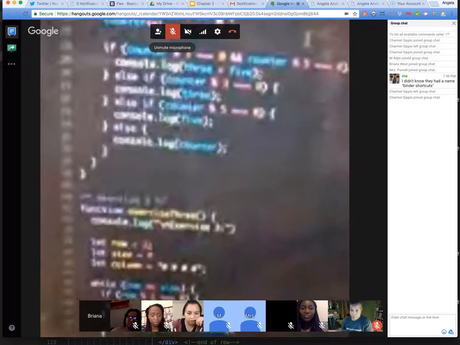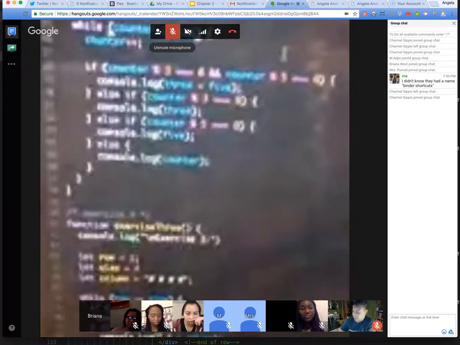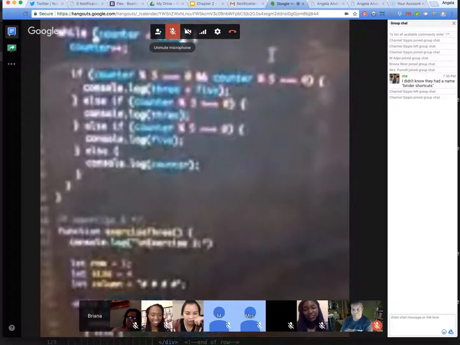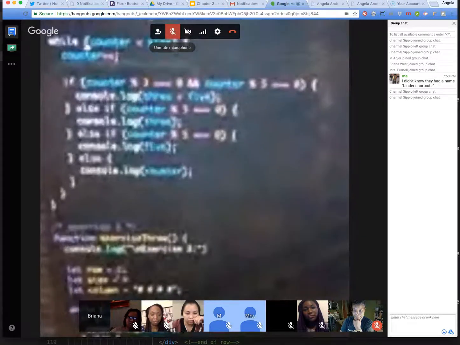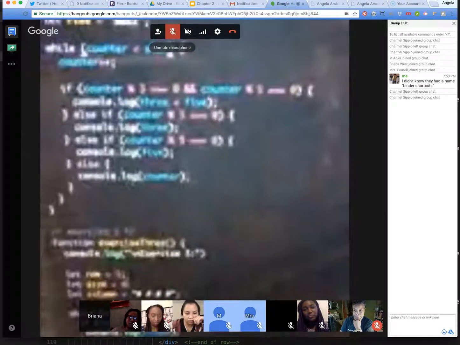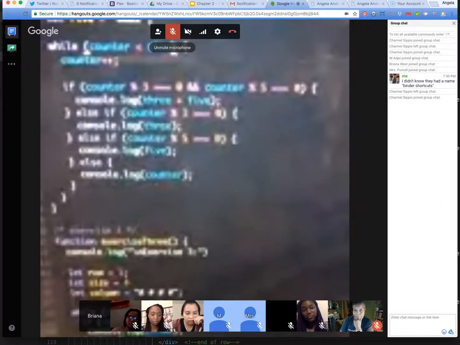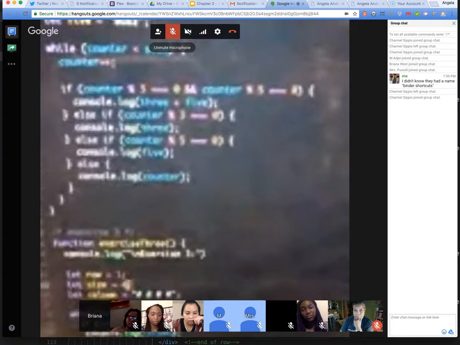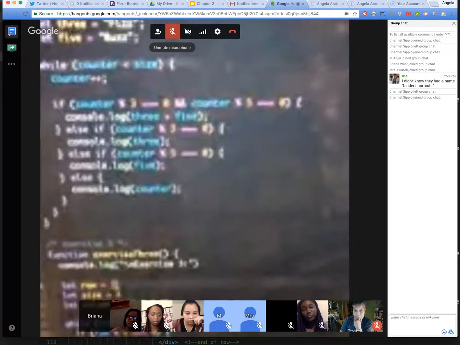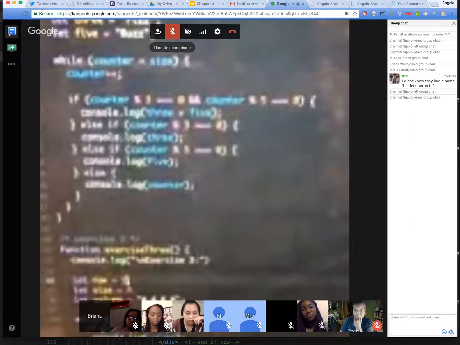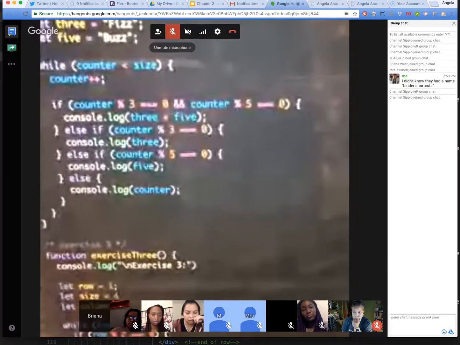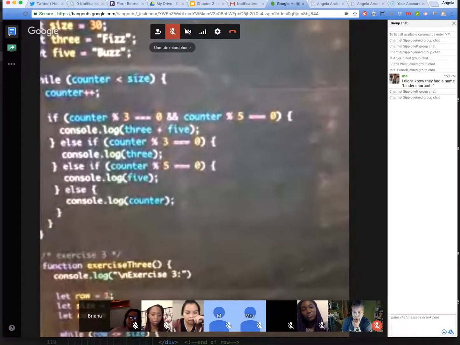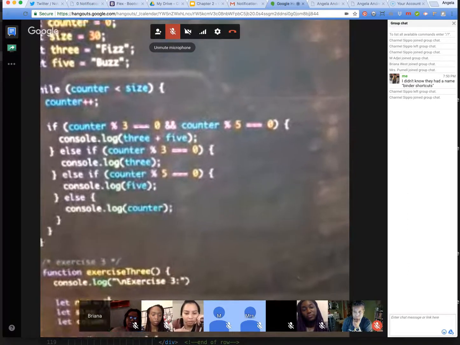Alright. So I did the third one, but I don't know if the way that I did it was cheating or not. I basically assigned an entire row as a variable, and I gave a size to how many rows I wanted. You can think of it as the max number of rows that I want, but I'm starting off with always at least one. So while the row is less than or equal to the size that I want, if the row is evenly